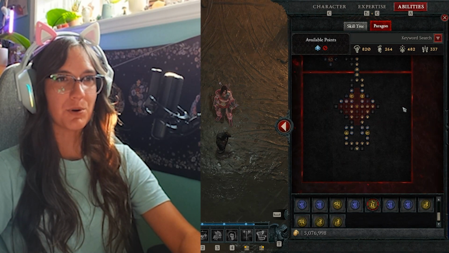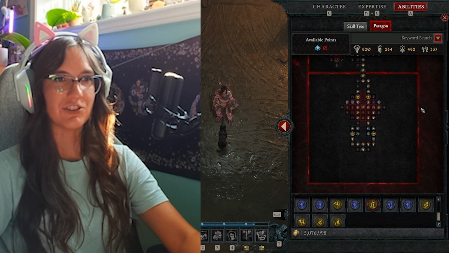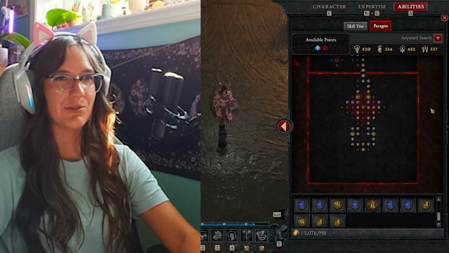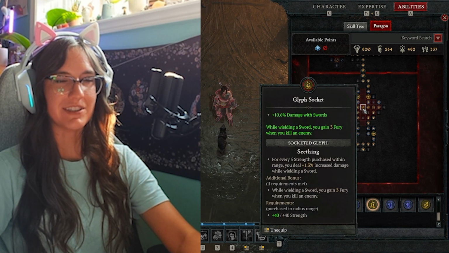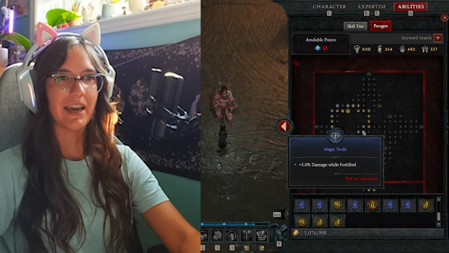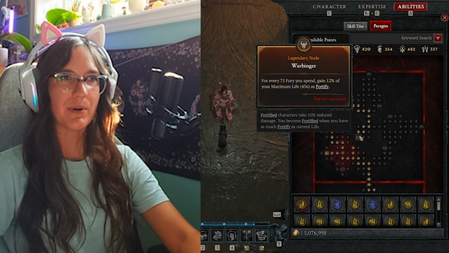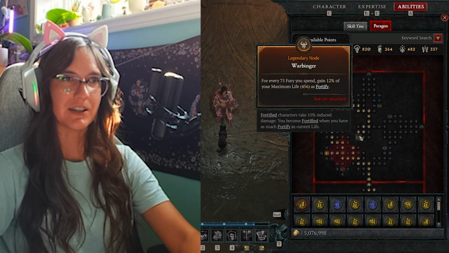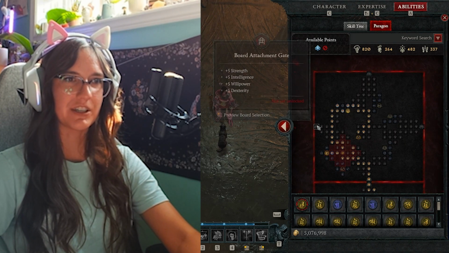So for our Paragon board, I won't be going over every single node, but if you want to pause the video and see where I've gone, you can go ahead and do that. So the starter board, we have seething in our glyph socket, and for the second board we're using Warbringer, and in our glyph socket we are using exploit. We're making our way down to this Warbringer legendary node,